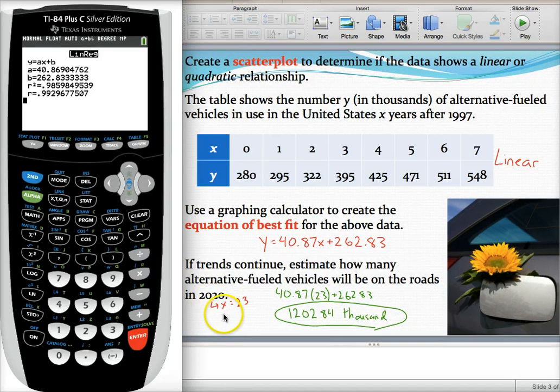Well, the first thing I had to realize is that x is not 2020. x, remember, stood for the years since 1997. So the year 2020 is 23 years after 1997. So I took 23 and I plugged it in for x. x was an input, the years in this problem. So I just simply typed in 40.27 times 23 plus 262.83, and that's where I came up with this answer of about